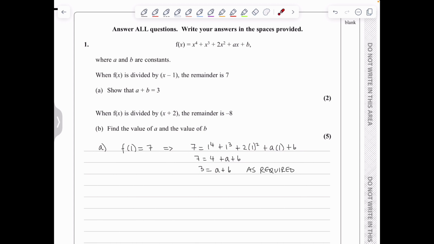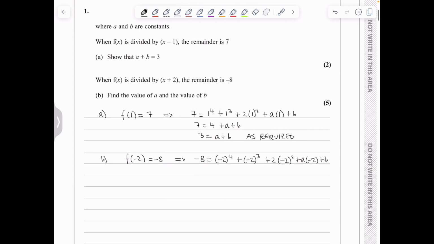In b, we've got that when f of x is divided by x plus 2, the remainder is negative 8, and we need to find the value of a and the value of b. So similarly with part a, we will say that f of negative 2 is equal to negative 8, which leads to negative 8 is equal to negative 2 to the power of 4, plus negative 2 to the power of 3, plus 2 times negative 2 squared, plus a times negative 2 plus b, which leads to minus 8 is equal to 16 minus 2a plus b, and therefore we obtain that 2a minus b is equal to 24,